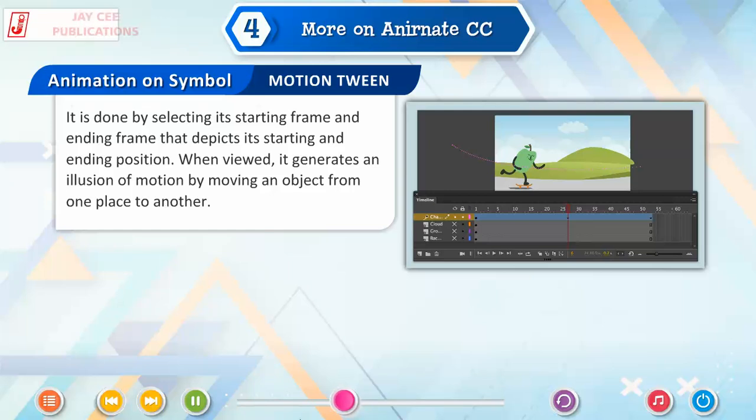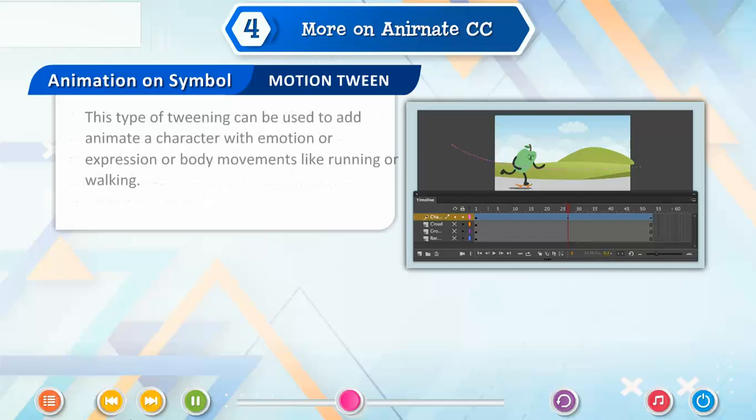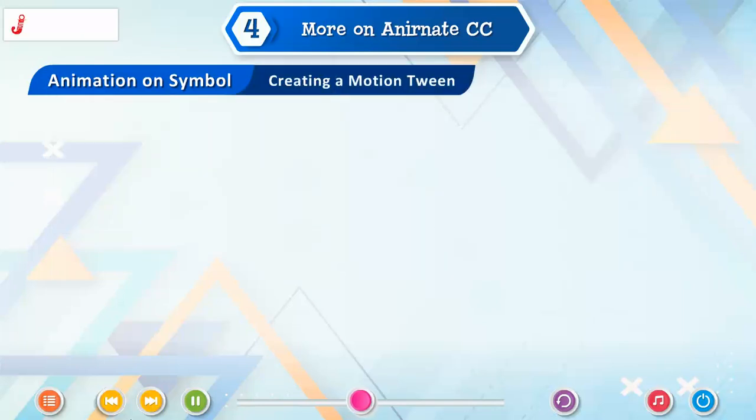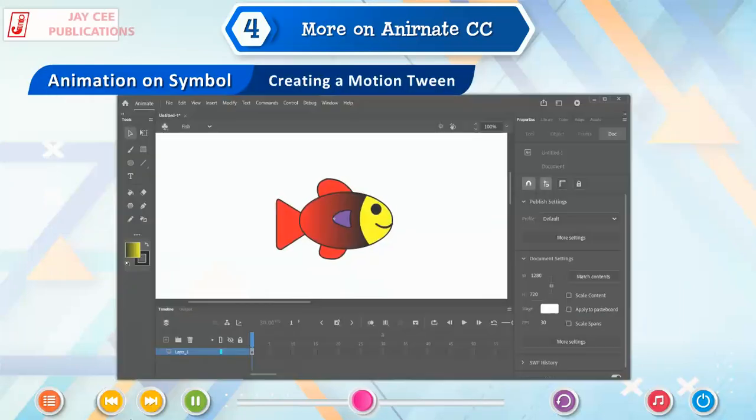When viewed, it generates an illusion of motion by moving an object from one place to another. This type of tweening can be used to animate a character with emotion or expression or body movements like running or walking.